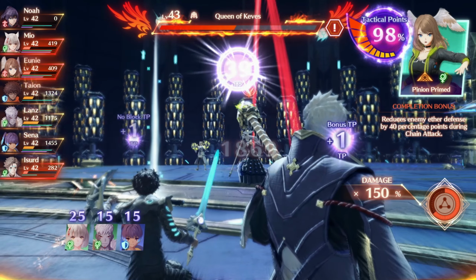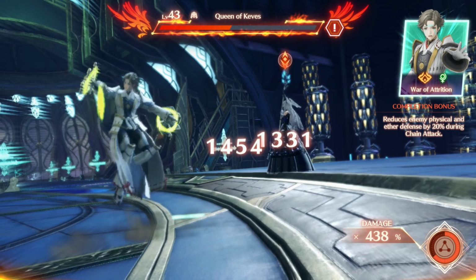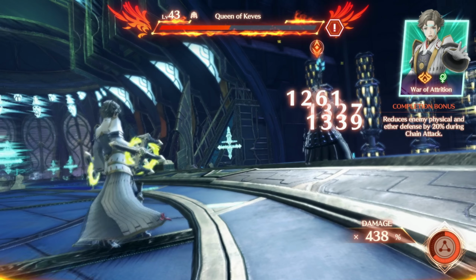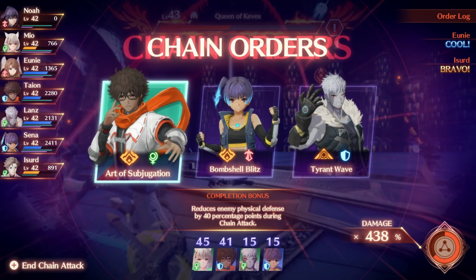But Queen of Keves Melia, she is enraged right now. And that is also something to be aware of, because once she gets enraged, 50% of her health, as you saw by the little flame icon,